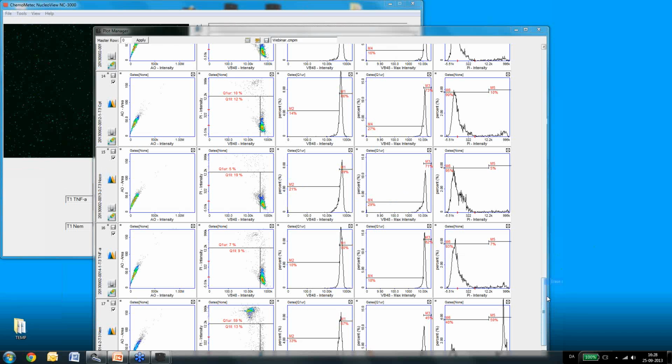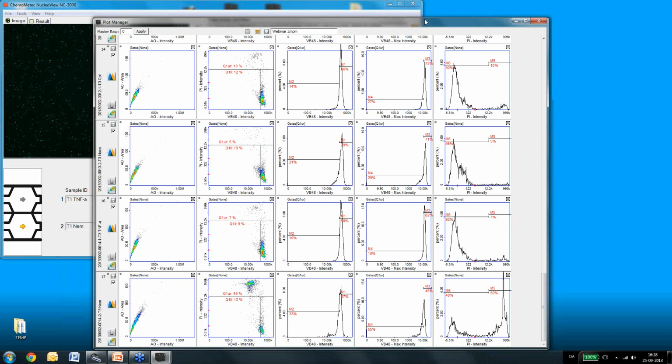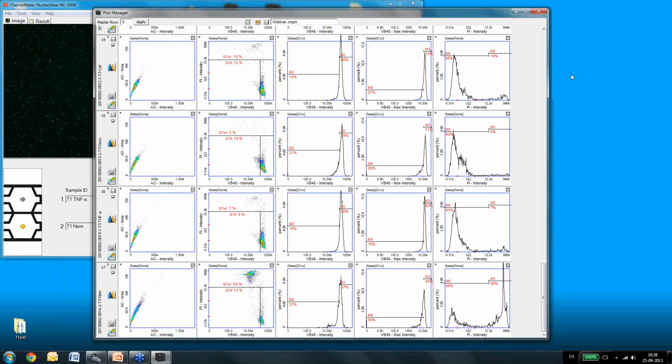If we go down to the last one here, it's very clear that we have a relatively high level of apoptotic cells, and here the dye is really spread out into the cells. However, the cells are really also dying off. So based on this, we can actually say that this assay, where you measure the apoptosis,